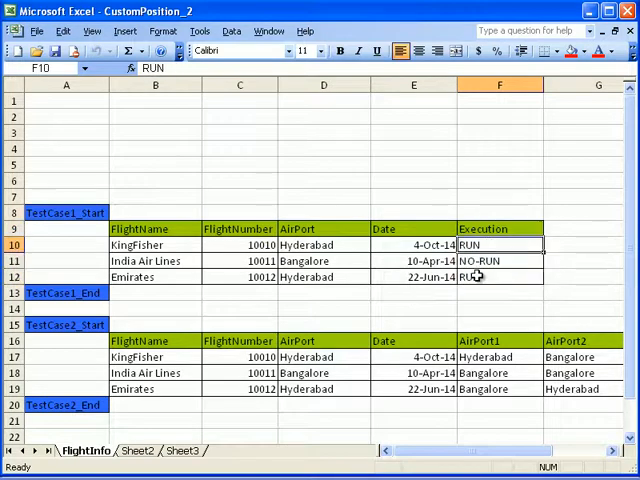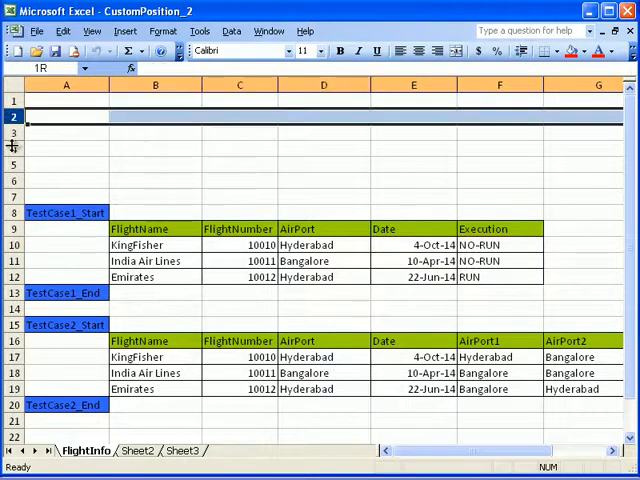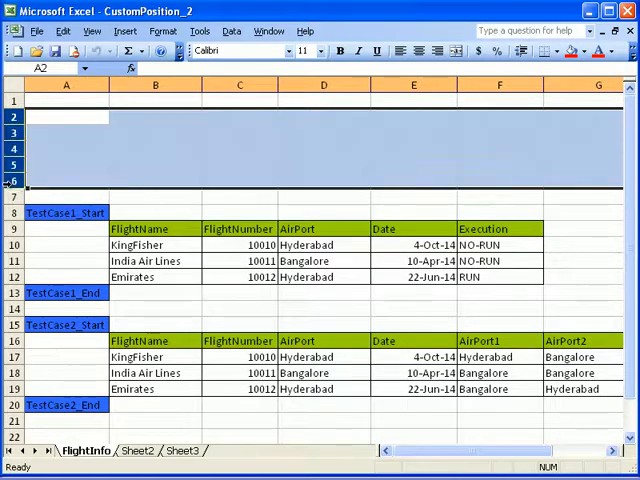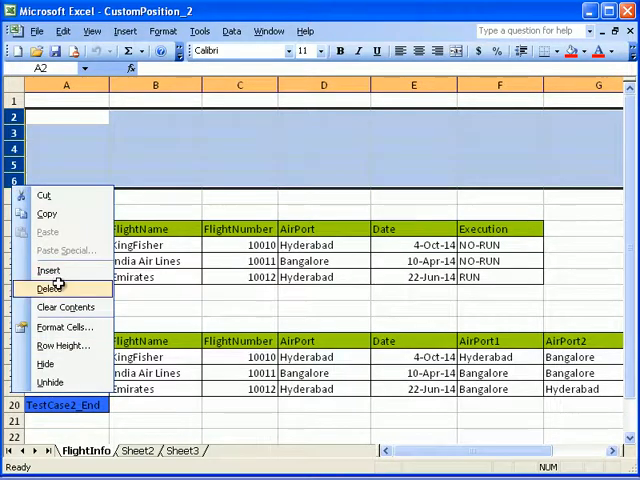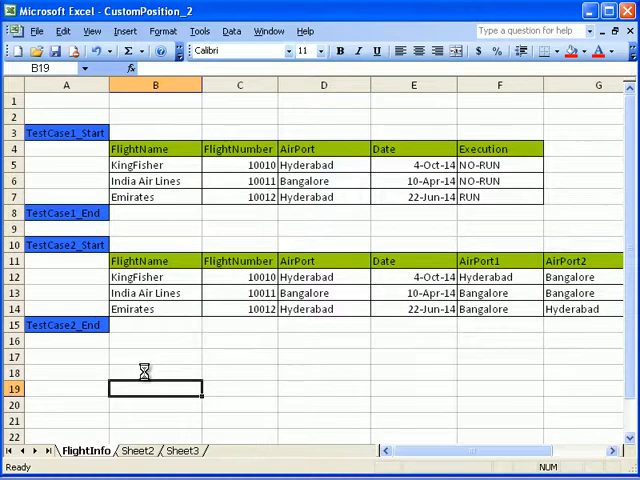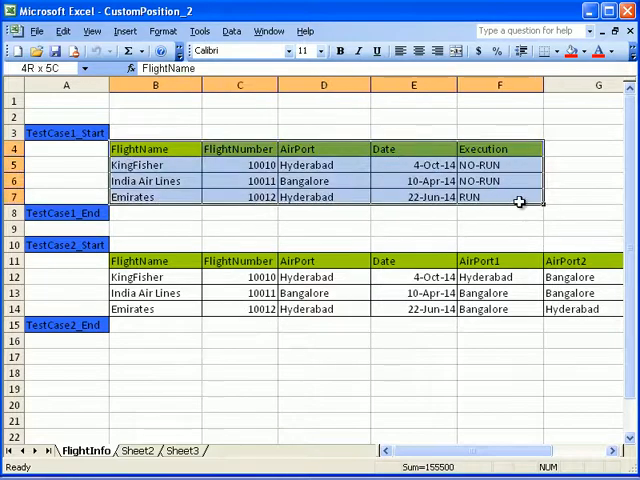Let me make this also no run. So now it should read only two sets of data. Let me remove this. Now the row position is changed. Even if the row positions are changed from earlier, it does not make any effect on the data-driven framework. So if I re-execute the program,